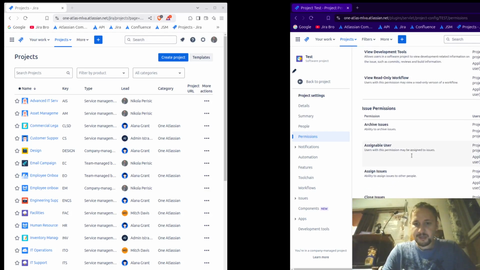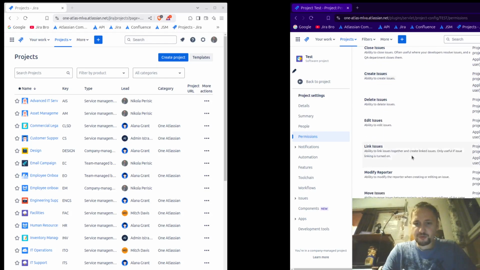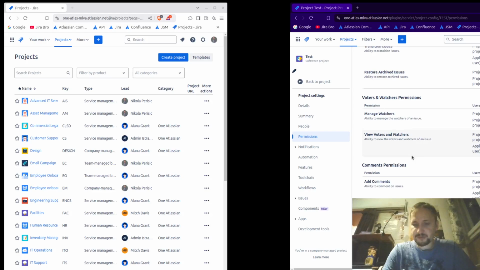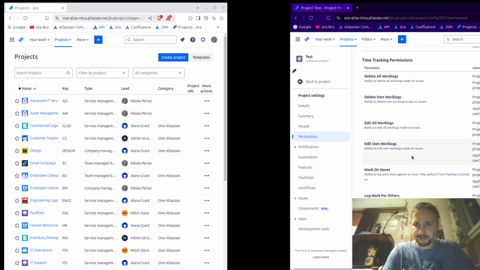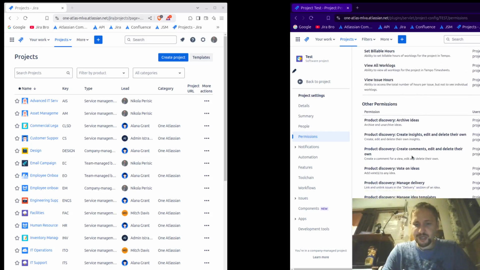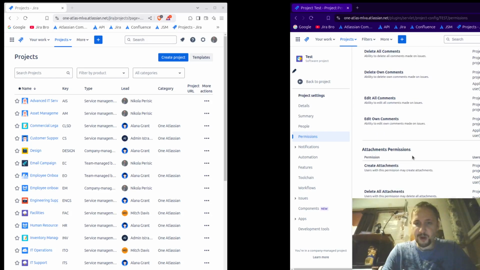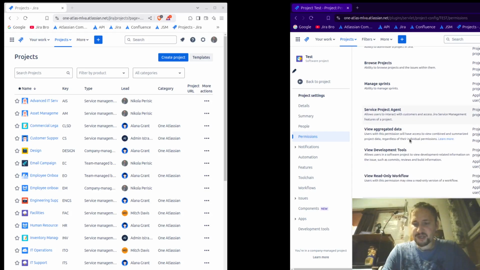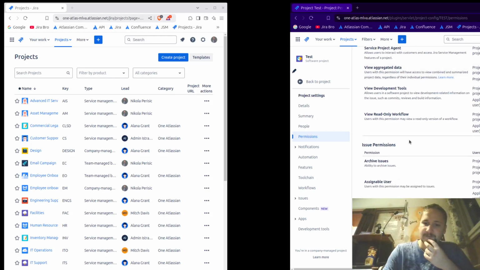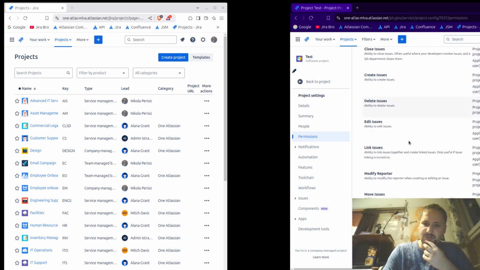Because there are two permissions that have been added in here, which actually give more sense of power to project admins. One is to edit the workflow permission, and the second one is actually to edit the issue layout. So those are the two